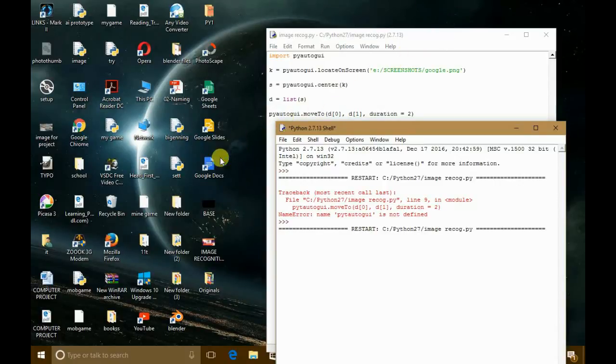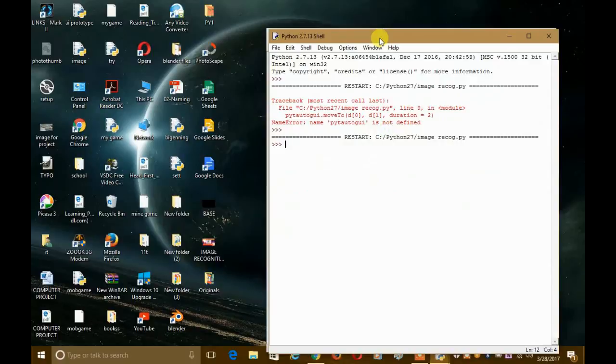So you can see guys that the mouse is going to the Google Docs. Oh yeah, we have just done image recognition by using Python and PyAutoGUI. So you can use this in many situations, in many kinds of problems. And if you wanna make a smart app, then you need to get the knowledge.